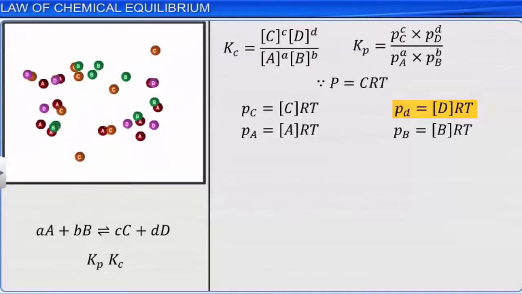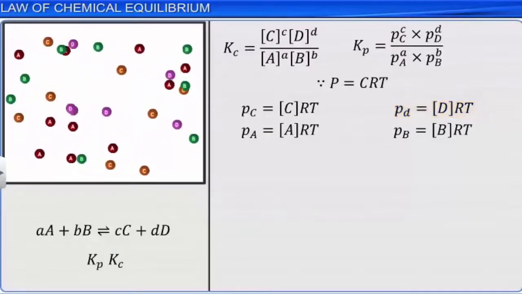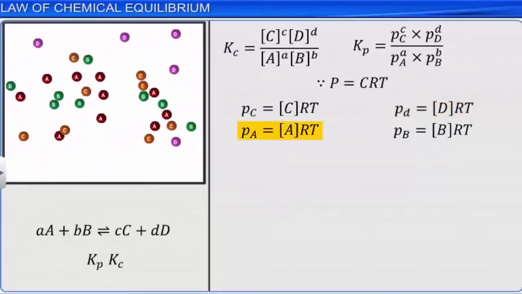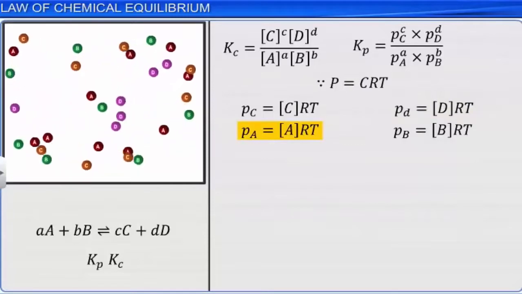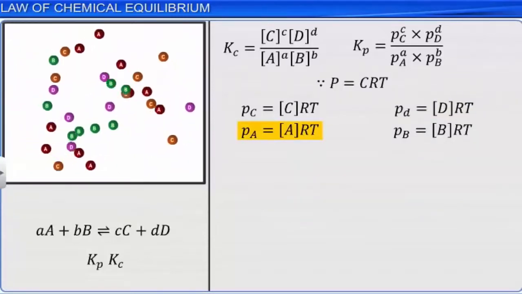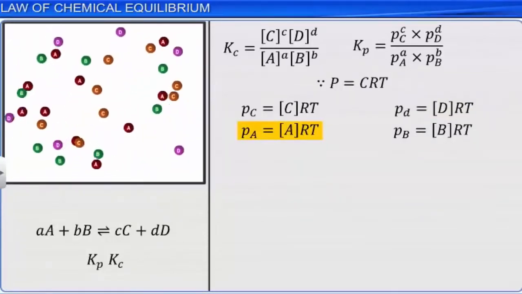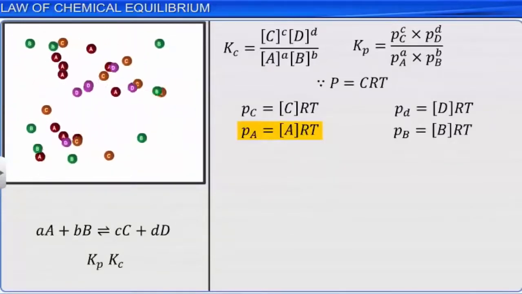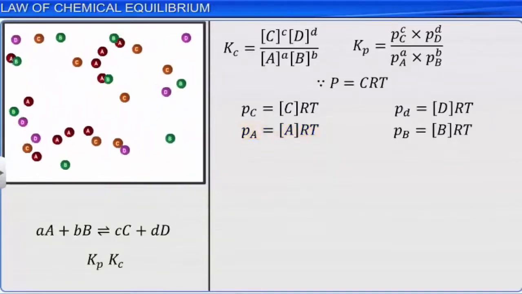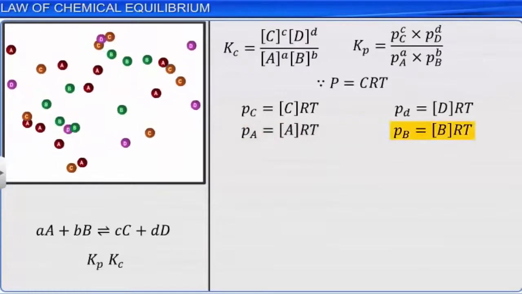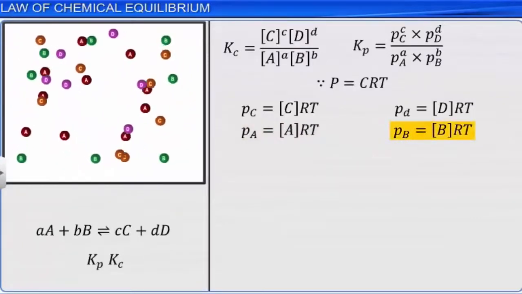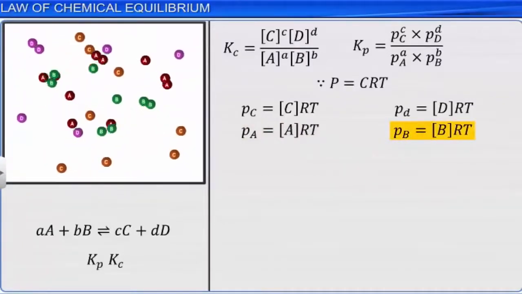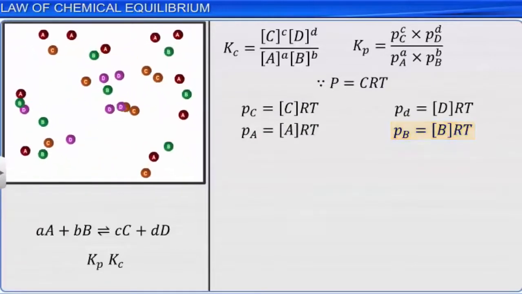Partial pressure of A, Pa, is equal to the concentration of A multiplied by the product of R and T. Partial pressure of B, Pb, is equal to the concentration of B multiplied by the product of R and T. Therefore,